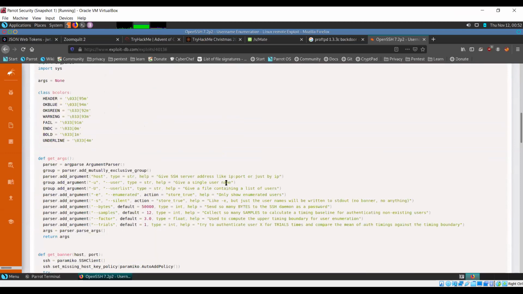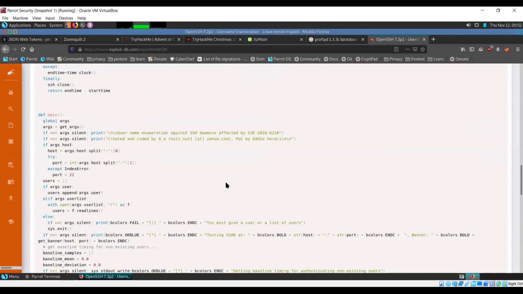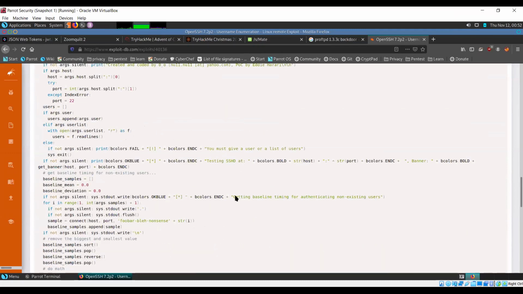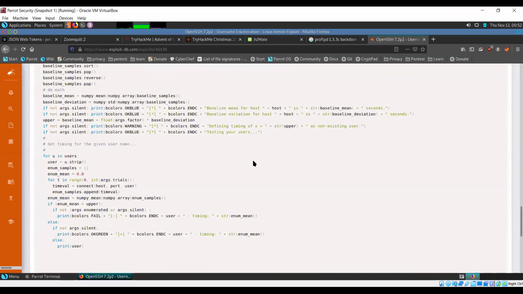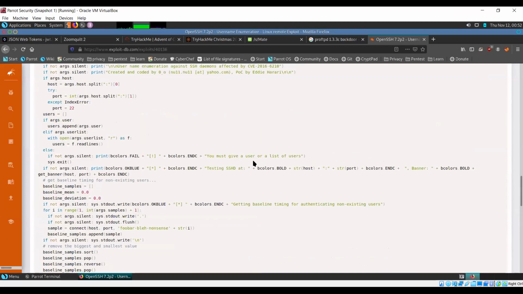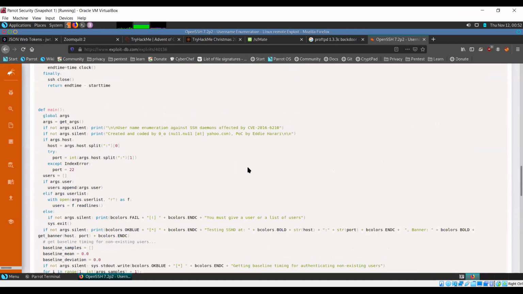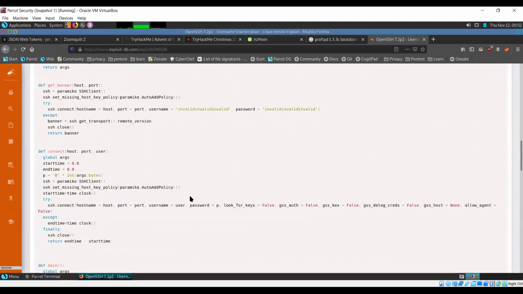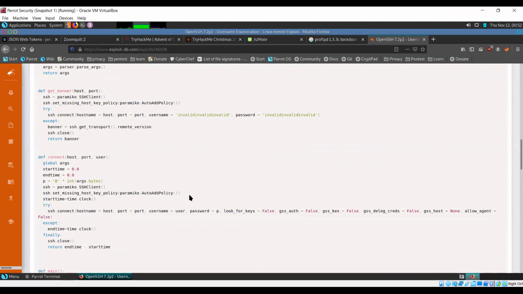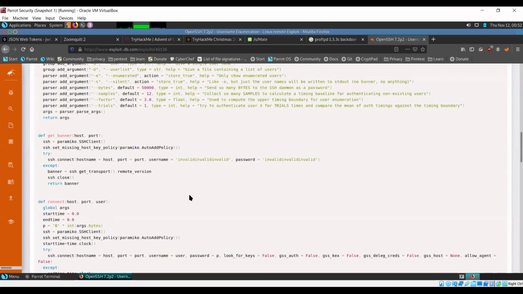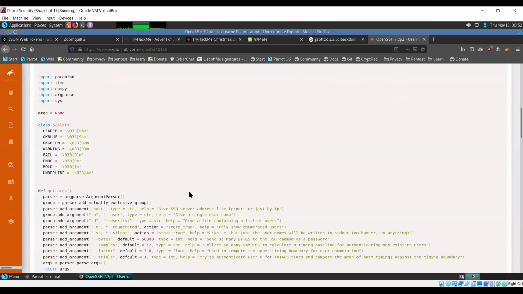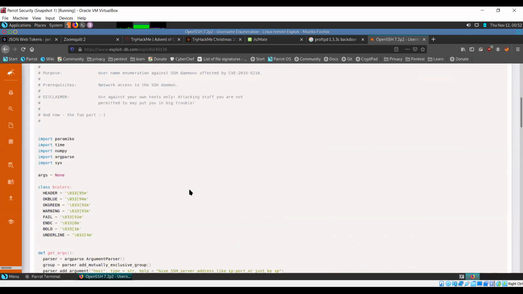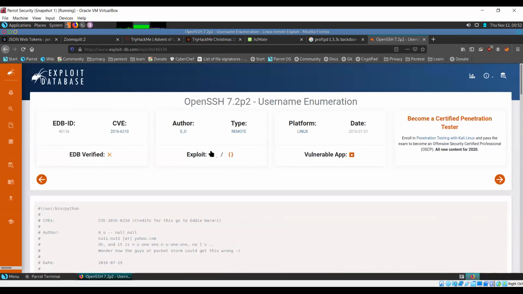Okay, if you look through it, now if you look at an exploit, you may not necessarily understand everything that's going on, but this gives you an idea of the kind of effort it takes to look for an exploit, to write an exploit. So let's download this, see what we can do with it.